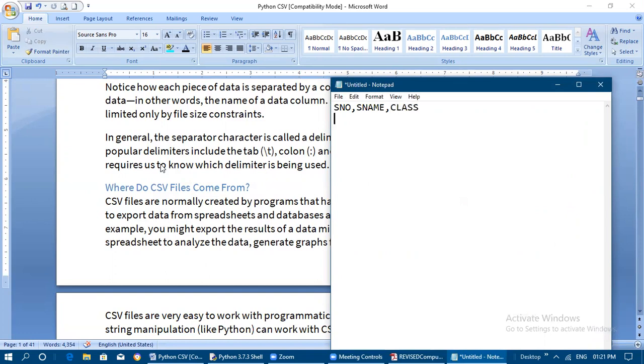Under serial number we give a number, under student name we give some student name, and then class, like 12, and then the second serial number, 12, and then the third serial number. Like that we have given the values in the Notepad text editor.